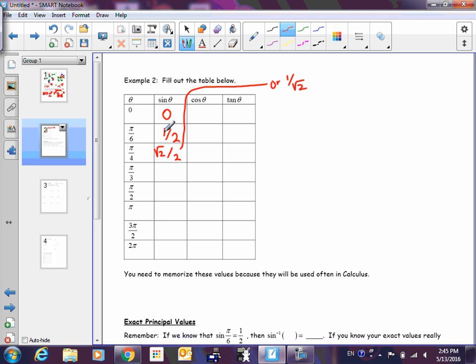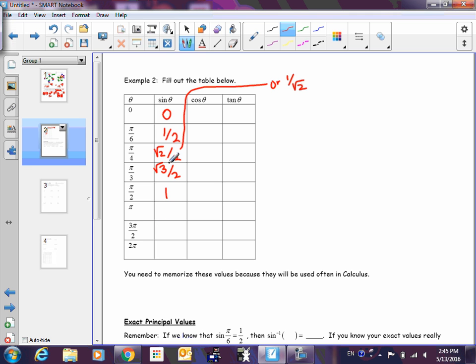In a 30, 60, 90 triangle, if the opposite's 1 and the hypotenuse is 2, what happens when you switch over from the 30 to the 60? The opposite would become the root 3. Do you see this pattern here? 0, and then 1, or we could say root 1 over 2, root 2 over 2, root 3 over 2. What would naturally come next in the pattern? We just finished a chapter on patterns. Root 4 over 2. Well, what is root 4? 2, and 2 divided by 2 would be 1. And sine of pi over 2, if you do that whole little 0, 1 thing, you get a 1. That's the pattern. This isn't the first time you've seen it. I just think it might be more